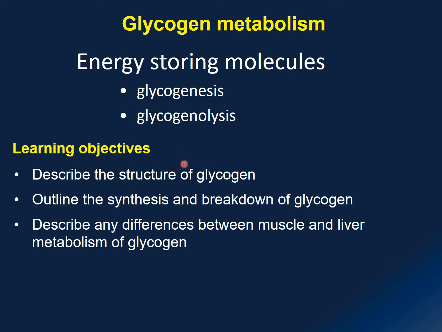And here are the learning outcomes. Number one, we'll describe the structure of glycogen, and then we'll outline the synthesis and breakdown of glycogen, which is known as glycogenesis and glycogenolysis. And last but not least, we also look at the differences between muscle and the liver, because one organ would like to keep the glycogen for itself, while the other one will release the glucose to maintain the blood